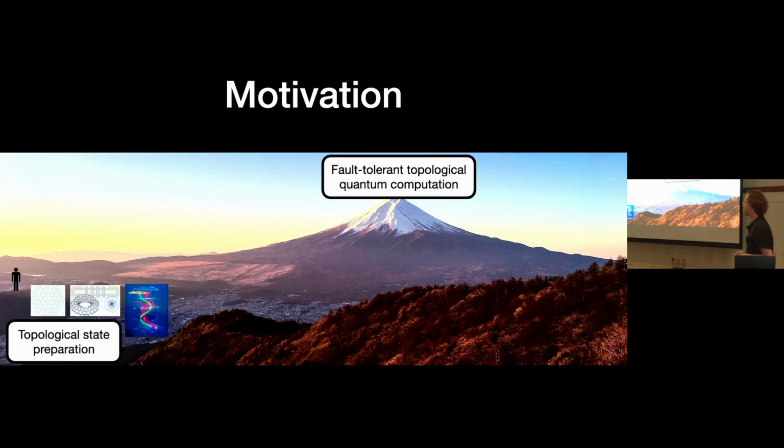So a few experiments that have come out, from Harvard, Quantinuum, and Google, here are some little slides I took from their papers, show that you can prepare these topological states, really physically prepare them, not just put them in your classical computer and store them as a state vector. And so that's a very interesting development. We can prepare these states and maybe do some measurements on them. But it's still very far away from actually using them to do anything useful.